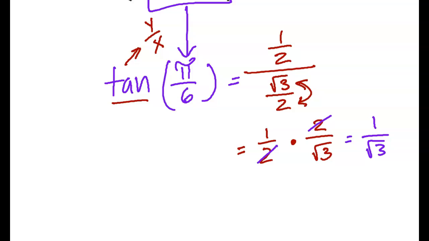Can I leave my answer like this? No, right? We have to rationalize the denominator by multiplying by the square root of 3. And we get the final answer of square root of 3. That's what we would input into